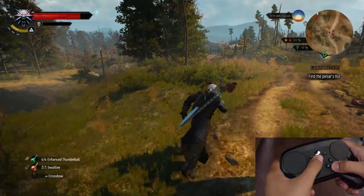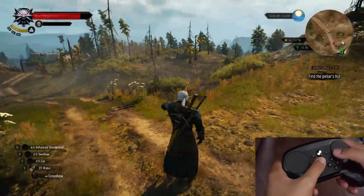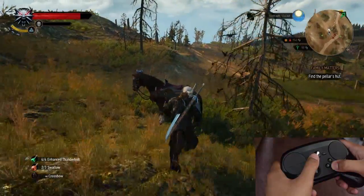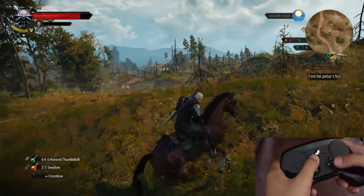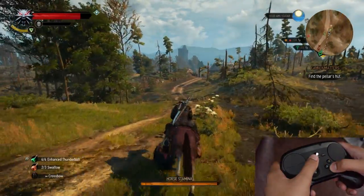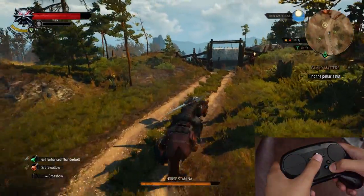Like I can swipe fast when I need to turn the camera, but I can also move it a little, just enough so that I can get a good sweep of the environment and just notice where enemies are appropriately. That's one really good advantage I like. One noticeable disadvantage that I kind of don't like is the